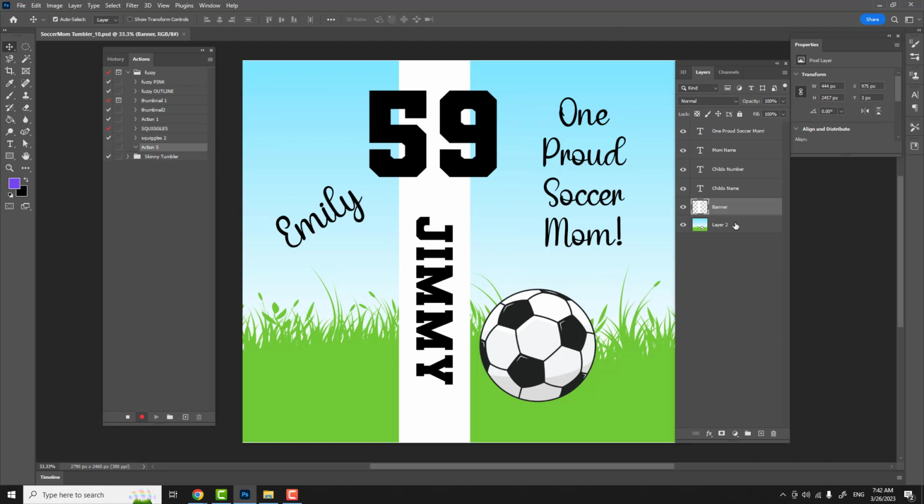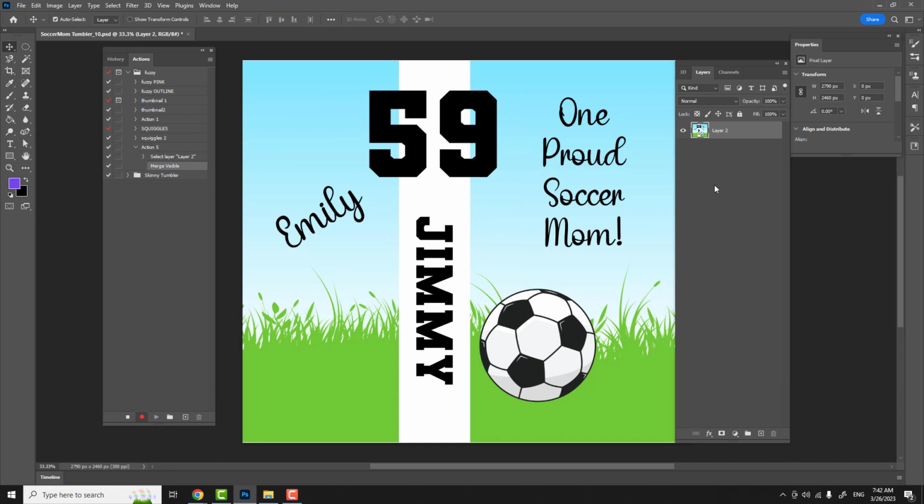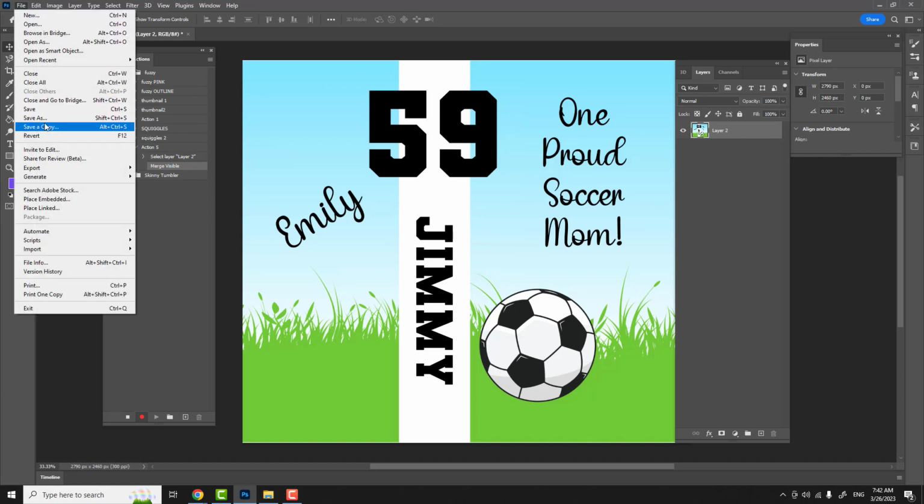Action 5. So we're currently recording any of the steps that we do here now. We're going to go over to our layers. We're going to right click on the background layer and we're going to say Merge Visible. Don't choose Flatten Image because when you go to make your mockup it won't work if it's a flattened image. Just Merge Visible. Okay. So now we're just going to go File, Save As,